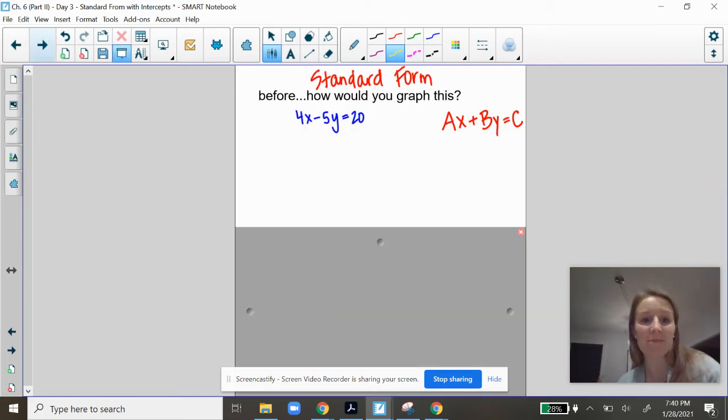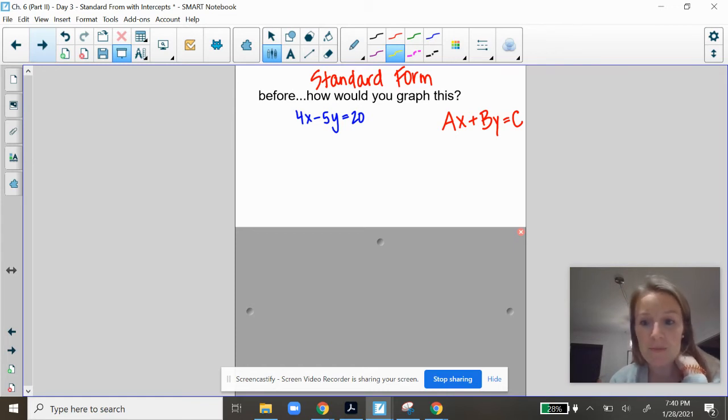All right, moving on. So what about this one? This 4x minus 5y equals 20 is our standard form. Again, that's what I was saying in the beginning. You may not necessarily know it's called standard form, but it is. It's this ax plus by equals c. And you know how to graph this. So I want you to pause right now, and I want you to work on how would you graph this